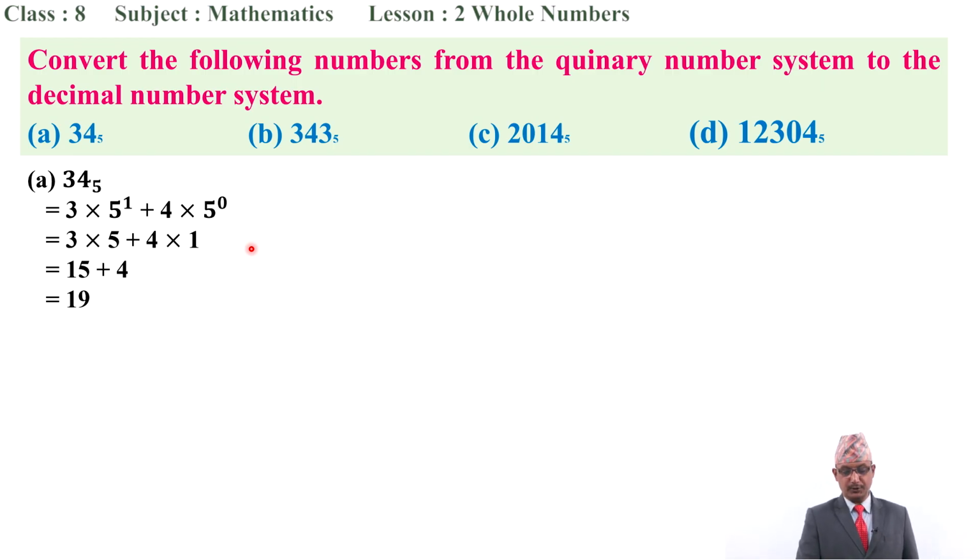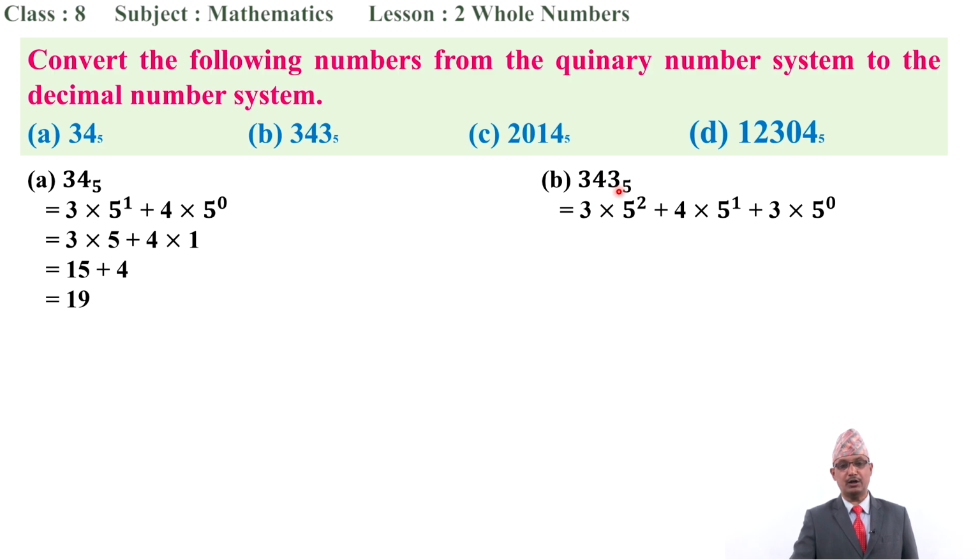Similarly, now we are going to discuss B number question, which is 343 base 5. Can you tell me what shall we write? Yes, you are correct. There are 2 digits after 3, 4 and 3. So we write 3 times 5 to the power 2 because there are 2 digits, plus 4 times 5 to the power 1 because after 4 there is only 1 digit, plus 3 times 5 to the power 0 because after this last 3 there is no digit, and we write the same here, 3 times,